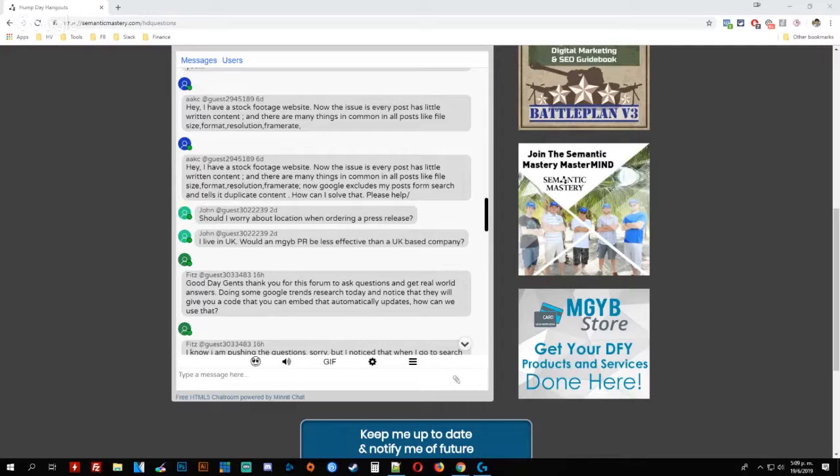What's happening is Google will say in the back end that it's duplicate content, but what's actually happening is Google, if your website has been around long enough, has found whatever posts are the most relevant, and those are the ones that are going to display.